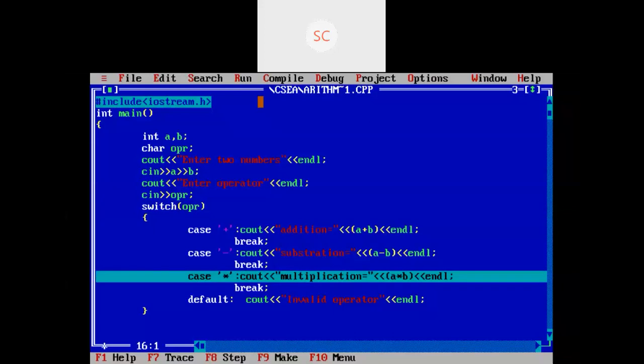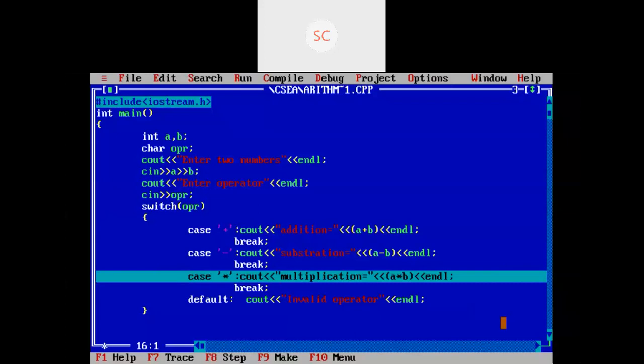The cursor directly moves to the specific case. It won't check the previous cases. In the previous if else cases, first it will check condition 1, then condition 2, condition 3, like that. But here it won't check like that. It will directly look based on the expression you have given here. Based on that we have written the cases. It will directly move to that case and execute that one.